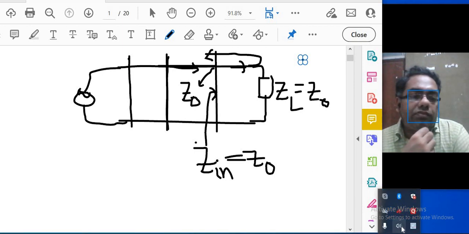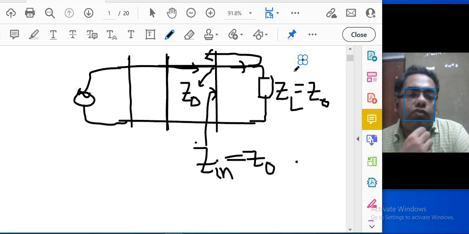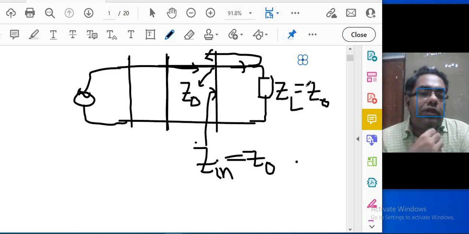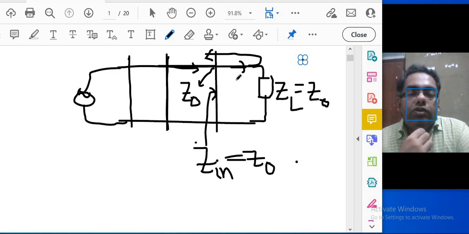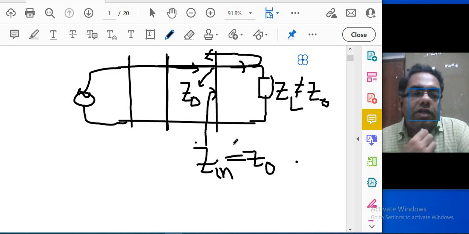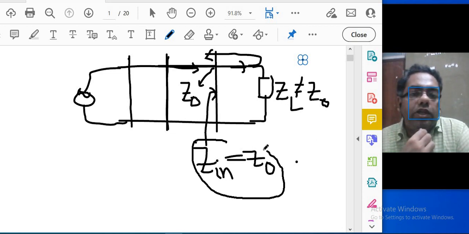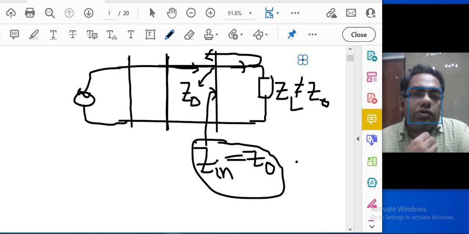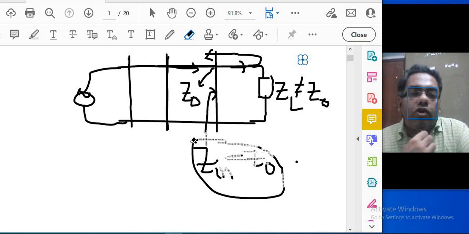Now this condition ZL equal to Z0 is a very strict requirement. We may not always have such a strict condition. So ZL is generally not equal to Z0, but still we want that ZIN should be equal to Z0. How is this possible? This is possible only if, in between the transmission line which has this characteristic impedance Z0,